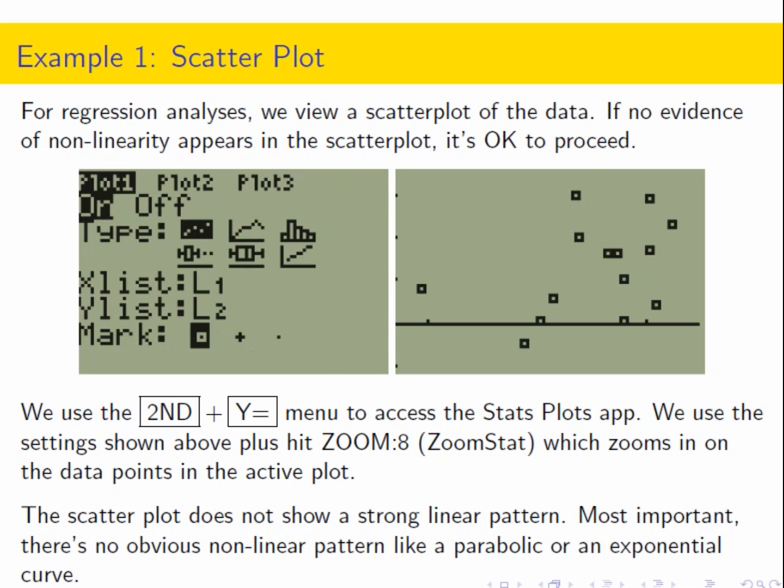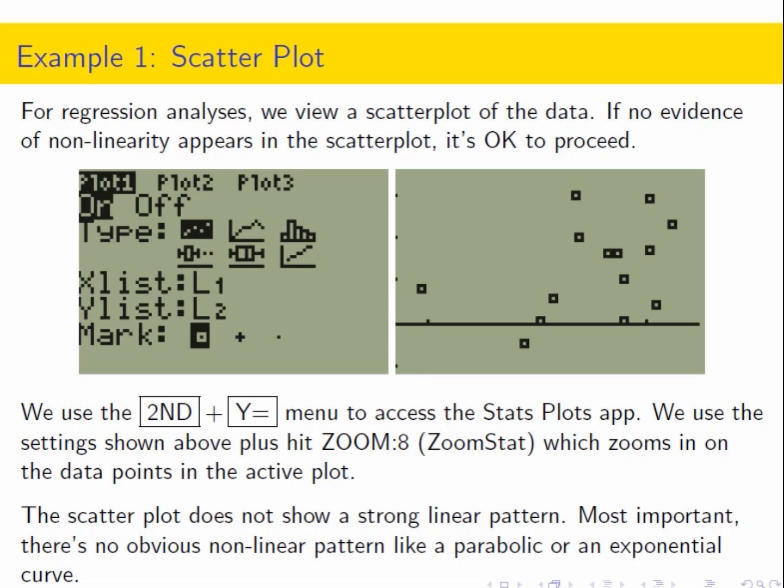So the first thing we're going to do is verification, right? We can't build a linear model unless there appears to be some linear association between the two variables. So we're going to do that with a scatter plot. If you go to second y equals on your graphing calculator, you can go into your stat plot menu,